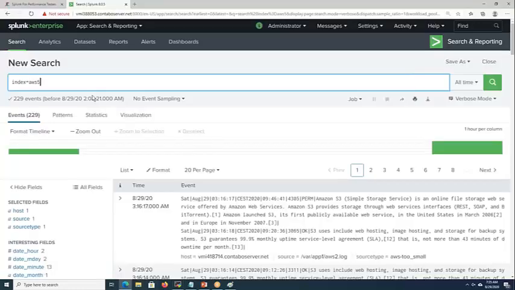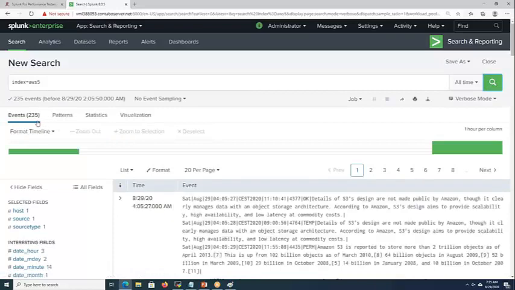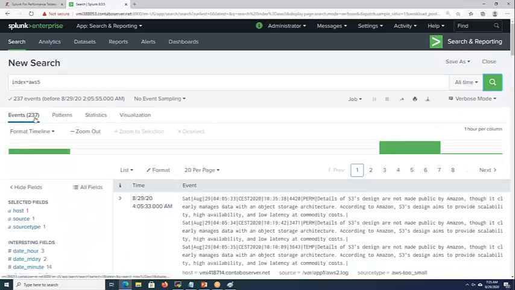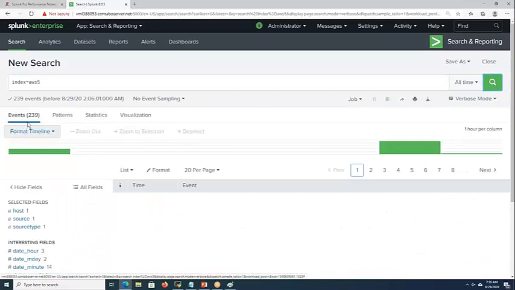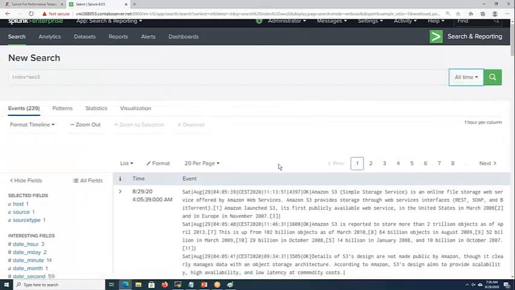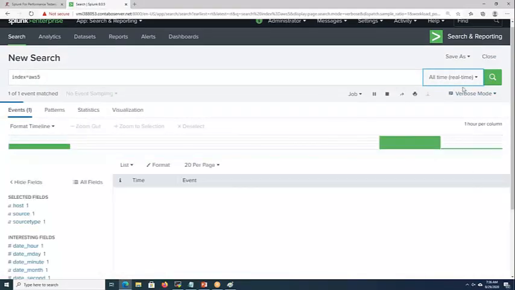Then you see here the count will increase: 255, 237, 239. I will discuss these time pickers in detail later.